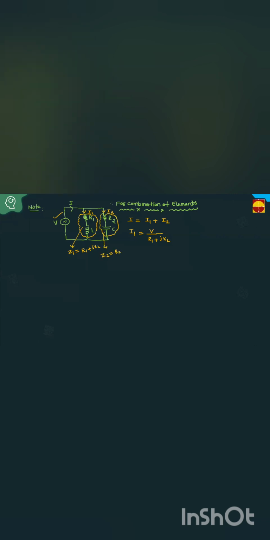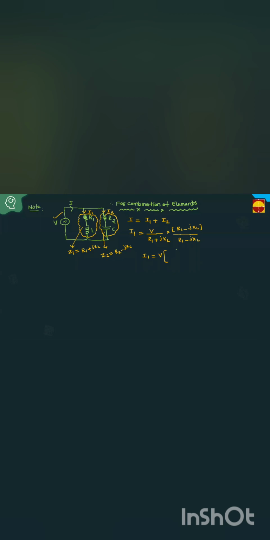R2 minus JXC you have to write. Then first I am calculating I1: V by R1 plus JXL. You have to multiply and divide with the complex conjugate, R1 minus JXL by R1 minus JXL. Then I1 equal to